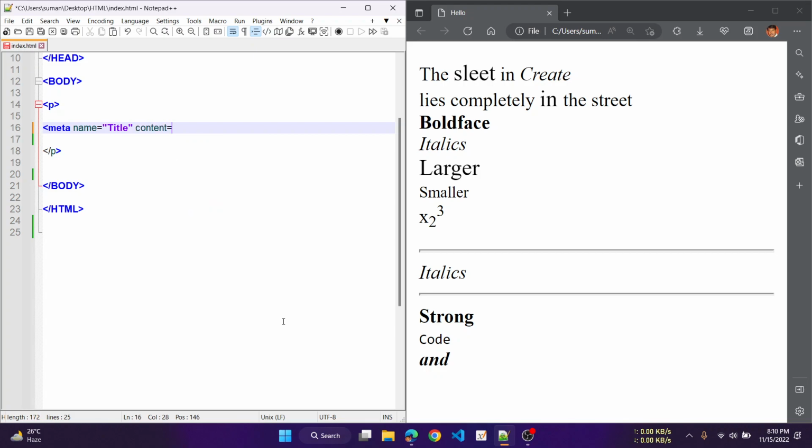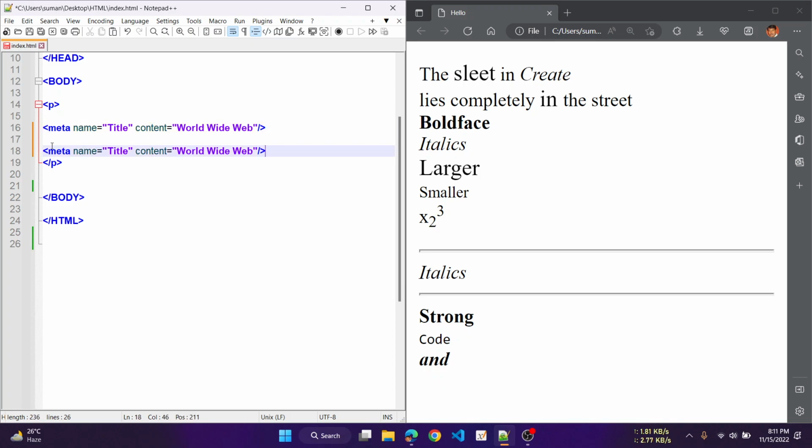Suppose content would be like that: world, wide, and web, end of double quote, then here the backslash and end of the tag. So that is one example of the meta element. Another example, suppose we can use like that. At first we are copying it, and